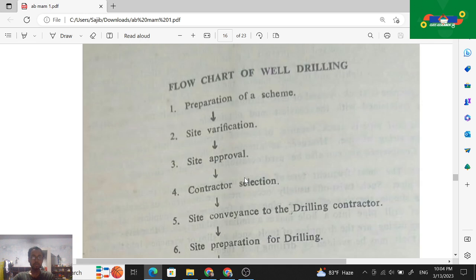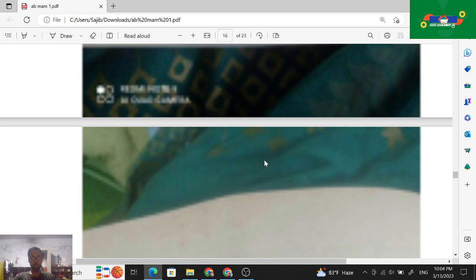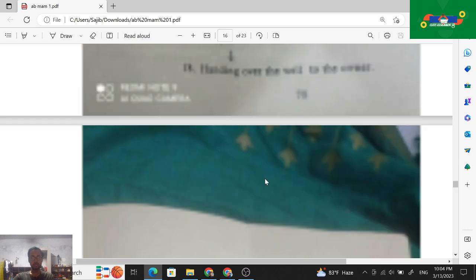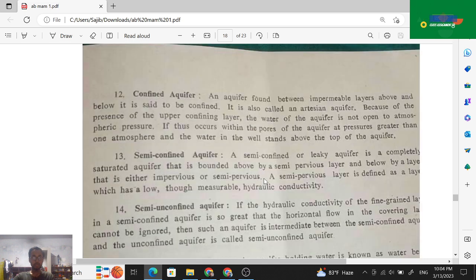Then the flow chart of well drilling এর আসলে একটা ফলো চার্ট যেটা আছে সেটার মধ্যে যেটা আছে সেটা হচ্ছে যে প্রিপারেশন। আচ্ছা, এর মধ্যে যেটা দেখি যে টার্মিনোলজি অন্যদিকে আছে কিনা। আচ্ছা, এদিকে না টার্মিনোলজি। তো তারপরে যেটা আছে সেটা হচ্ছে কনফাইন্ড অ্যাকুইফারের মধ্যে যেটা আছে, an aquifer found between impermeable layers above